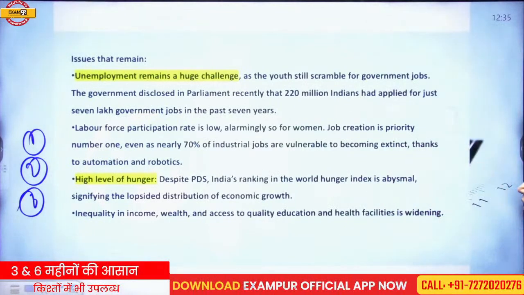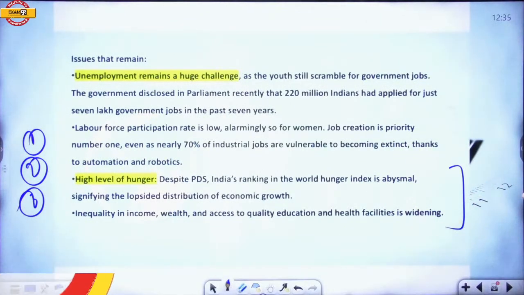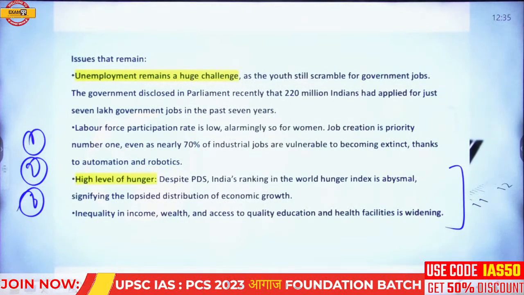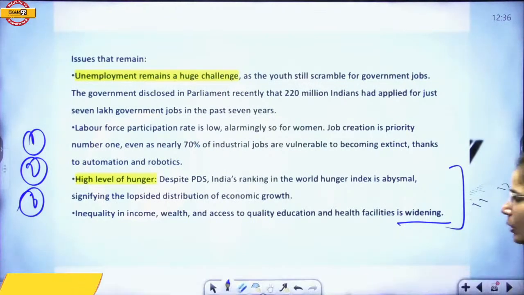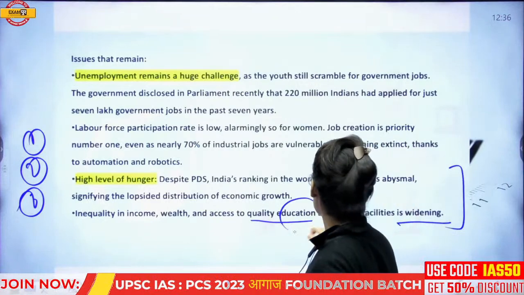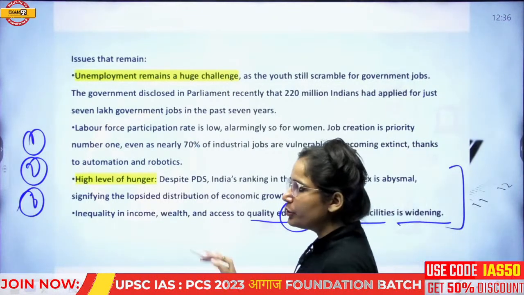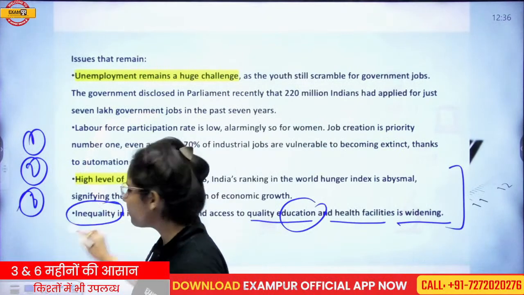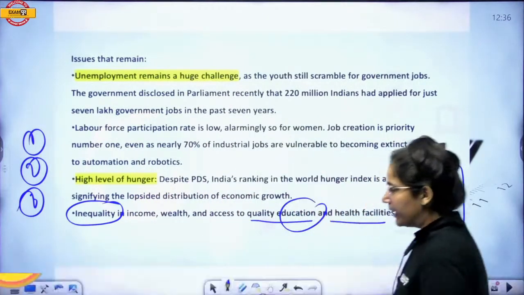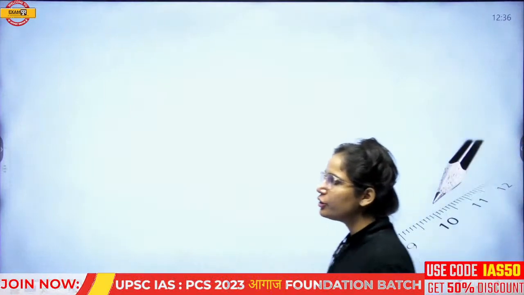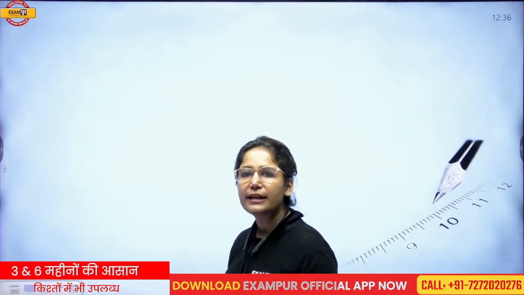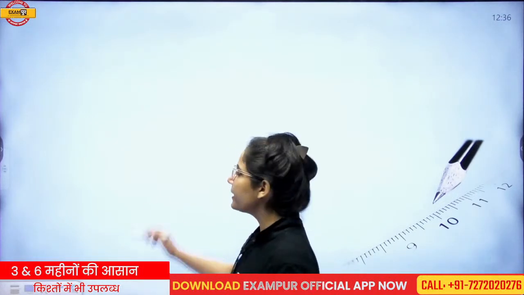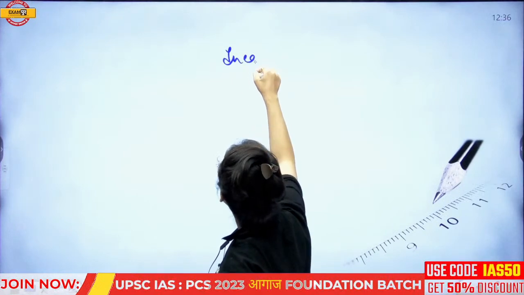Okay. So high level of hunger we can talk about. Higher indexes, abysmal, signify the lopsided distribution of economic growth. Health facility is widened. Inequality in income, wealth, access of quality of education, health facility. In order to mitigate this point, I have told you yesterday, in order to make the upliftment, in order to take the advantage of inequality of opportunity. Getting my point? Inequality, if you have to overcome this problem,